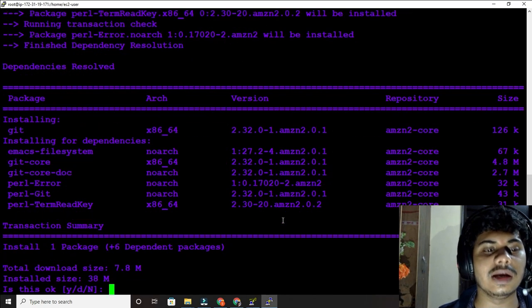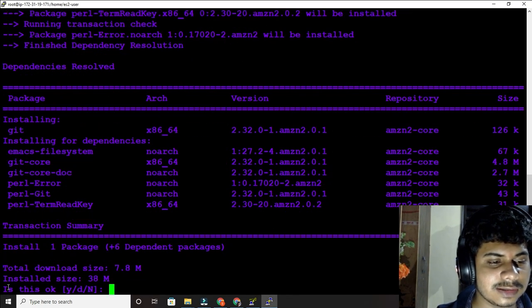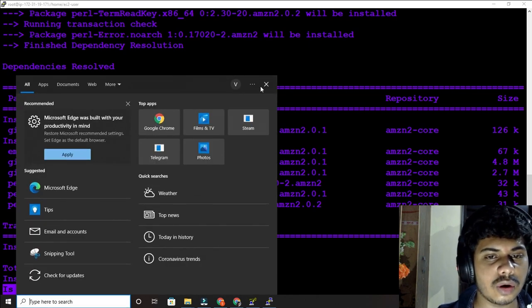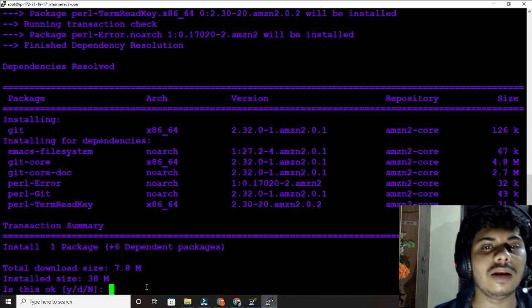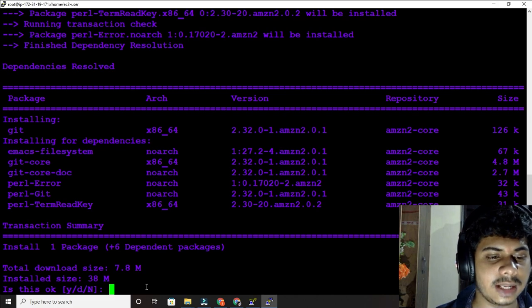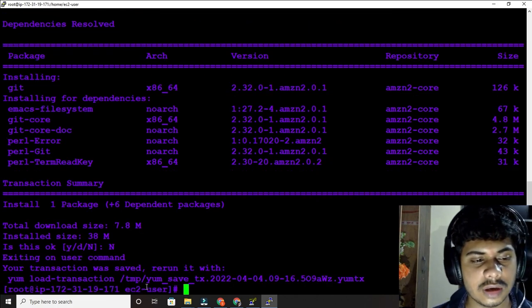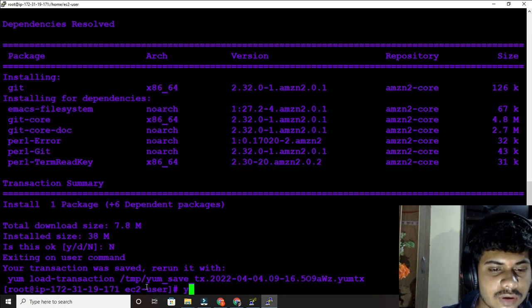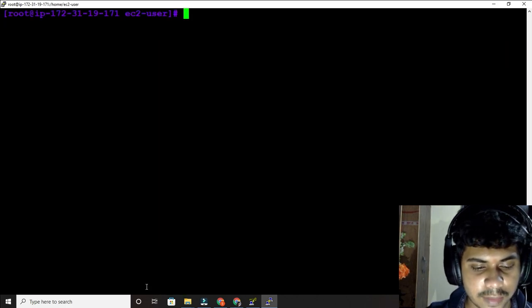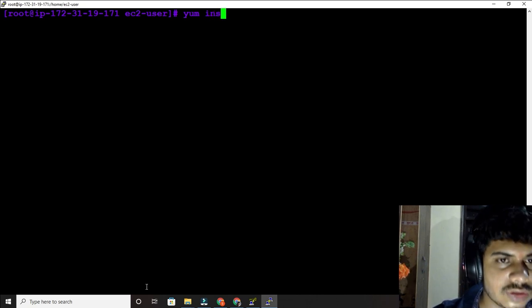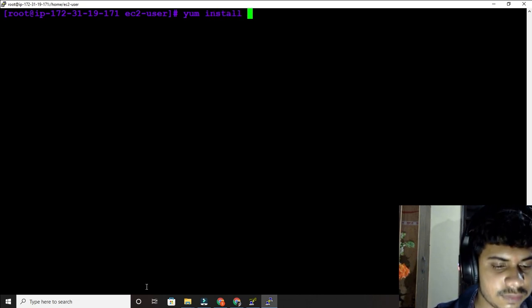Now you can see Git is installing, and now it is asking whether you want to install or not. I will give it a capital N. So it is not installed. One thing I want to show you: first I have to clear, do Ctrl plus L to clear. Now the command is yum install git